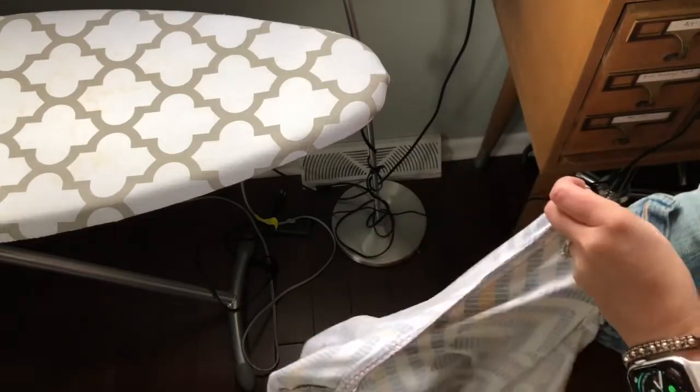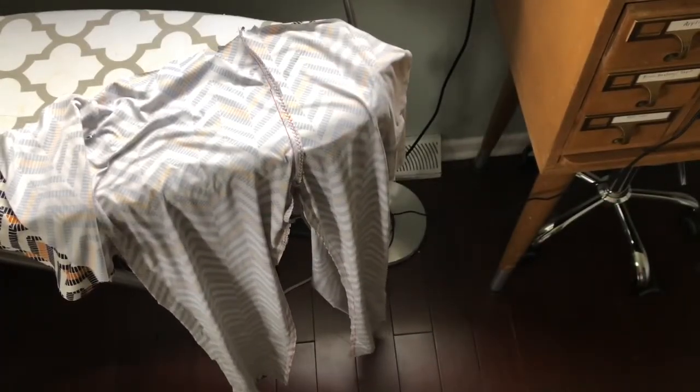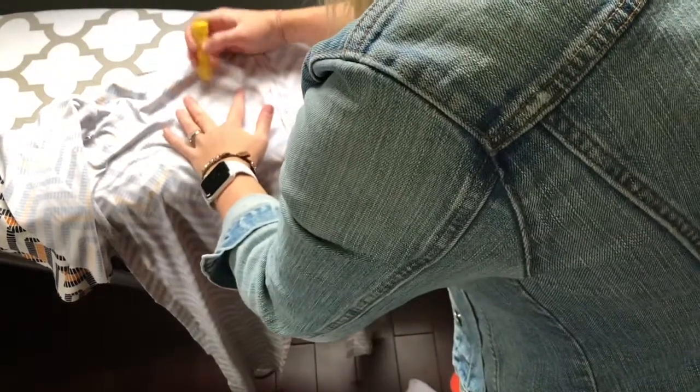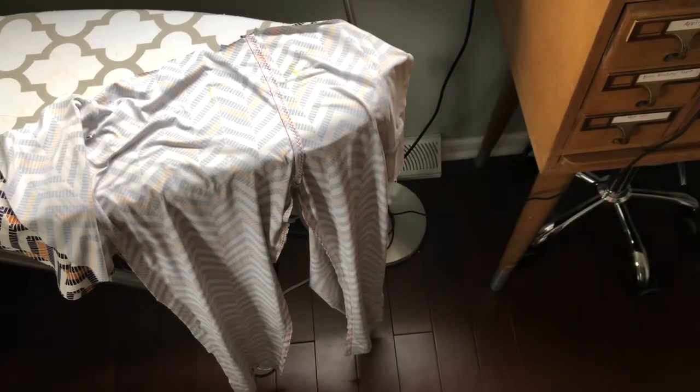If you want to, you can always mark this by putting an F with chalk or lightly with a pencil, or you could even just stick a pin in, or a safety pin, and just know these are the front pieces. So I have this little chalk guy here, so I'm going to put an F here and an F here because these are my two fronts. So I know that's the side I'm going to be sewing on. Okay, so mark that, figure out which side is your front, and then when you are